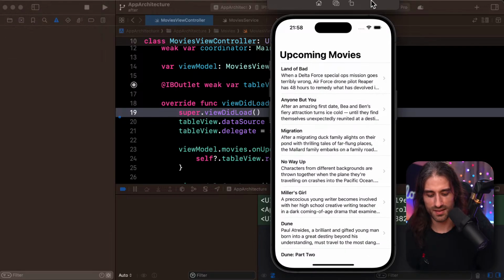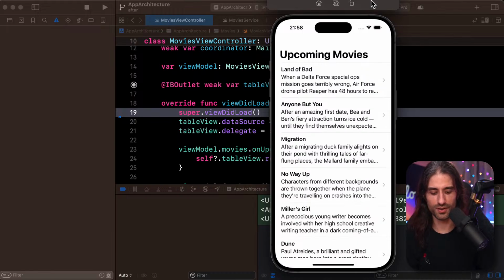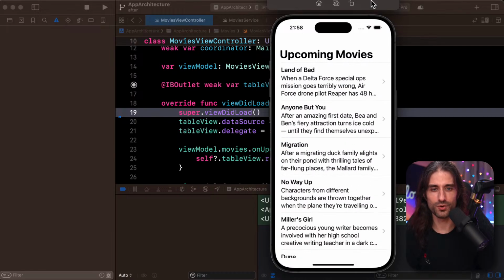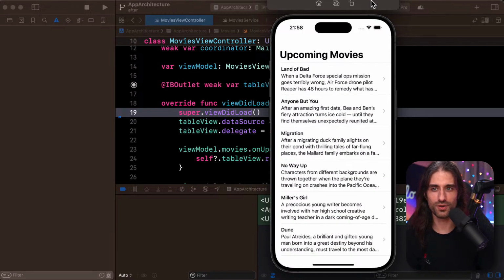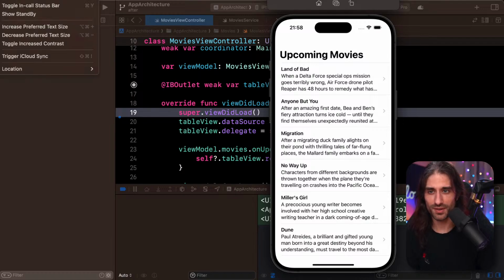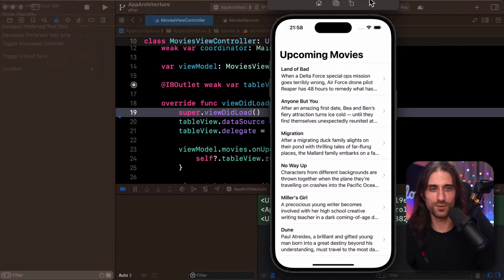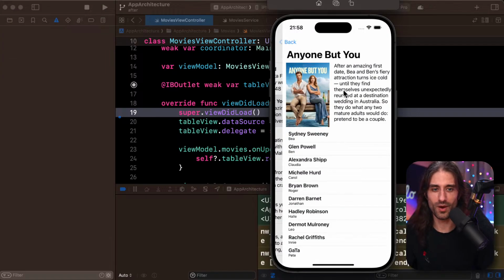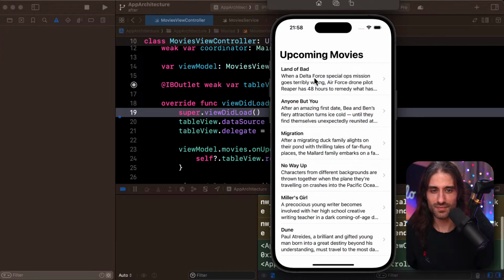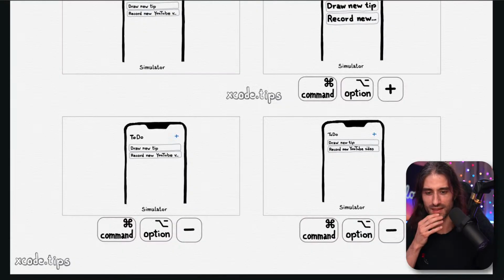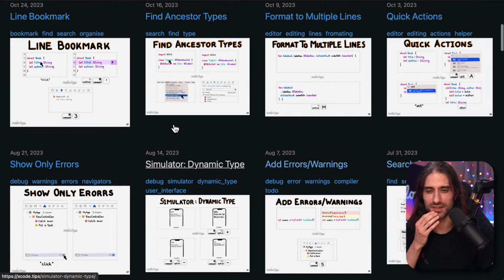The thing is then, you don't have the shortcut to put it back to how it is by default. So you have to wonder which was the right one. That's always a bit annoying when there isn't a way to put it at the default value, because then you're left like, okay, what was the one where I started with? But it's a good one, can be really useful if you need to test dynamic type. Back to the list of tips.